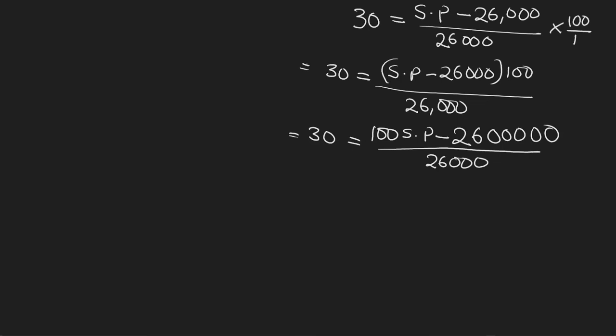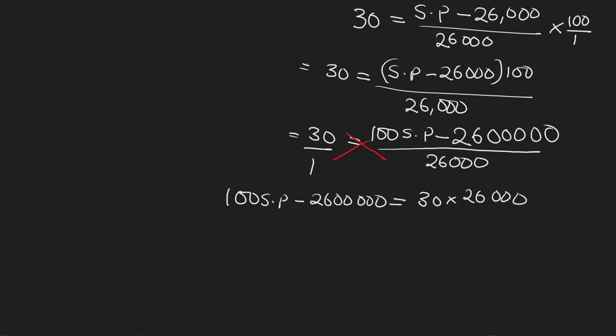We can cross multiply. Why? Because we can balance one with one, and if we balance this one with one, we can cross multiply. If we cross multiply, this will multiply by this, and this one will multiply by this. Now, if we do that, we're going to have 100 SP minus 2,600,000 times 1. This one will multiply by the entire list. Because a number multiplied by 1 is the same as that number, then we have 30 times